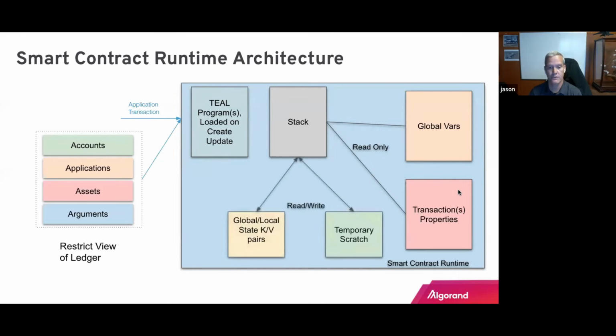While you're in there, you can also read and write global and local state key-value pairs. That's the global and local state that we talked about earlier. And then you have this little temporary scratch space that goes away after the run, but you can write things to the scratch space. And then finally, you can issue up to 256 inner transactions. And you can actually group those inner transactions as well if need be. So that's the high-level runtime architecture of the way a smart contract is processed and where it sits in the Algorand